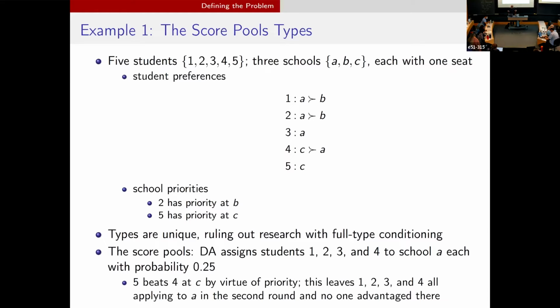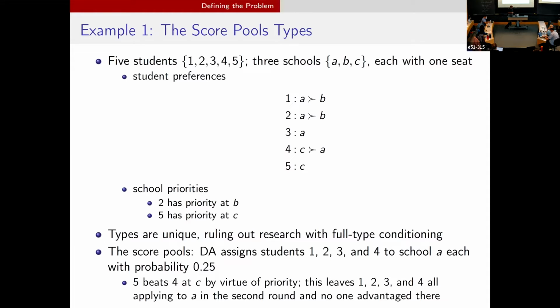Okay, so applicant 5 wants C. In the algorithm, they're going to propose to C. And now applicant 5 has priority at school C, so there's no one who can dislodge them at C. So when applicant 4 comes along and also proposes to C, there's no way applicant 4 will get C. Okay? So de facto, we're back to the situation that we just talked about, where applicant 4 is like John and he's applied to school C and school C says, sorry, you don't have priority here, you're never going to get it. Okay? So we can essentially ignore the fact that John has listed school C as his first choice